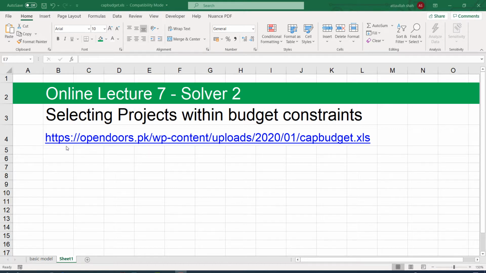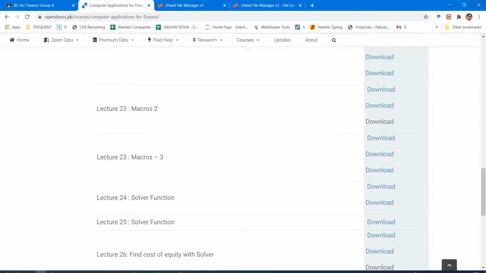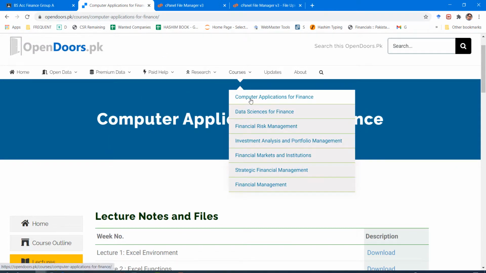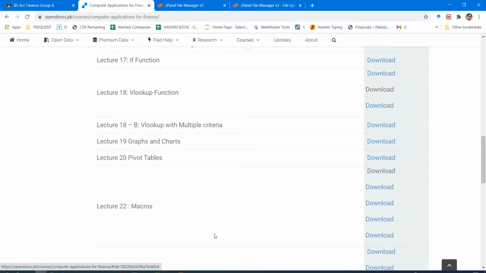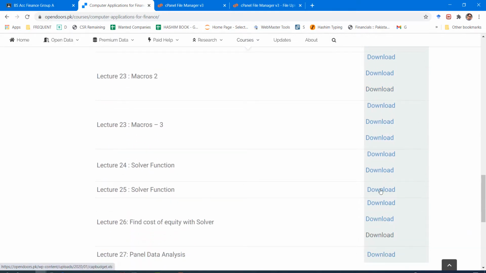And the file that I'm using for this demonstration is available on opendoors.pk. If we go to the website opendoors.pk, go to computer applications, then lectures, and it is lecture number 25.